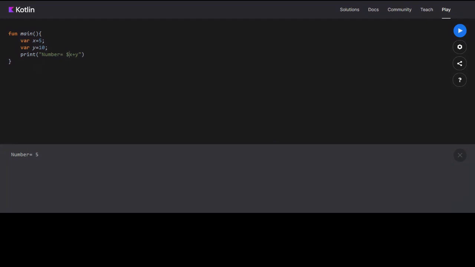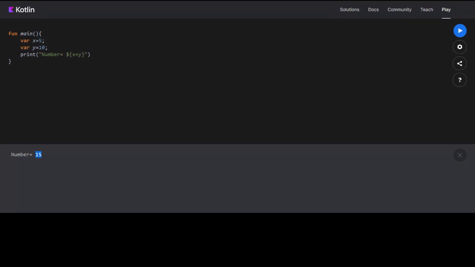So to do this, you have to introduce curly braces. You have to add curly braces around x and y so Kotlin can understand that this block should be printed out in the string. Now if you run this, you can see it printed 15. It printed the sum of 10 and 5. So that was string templates.